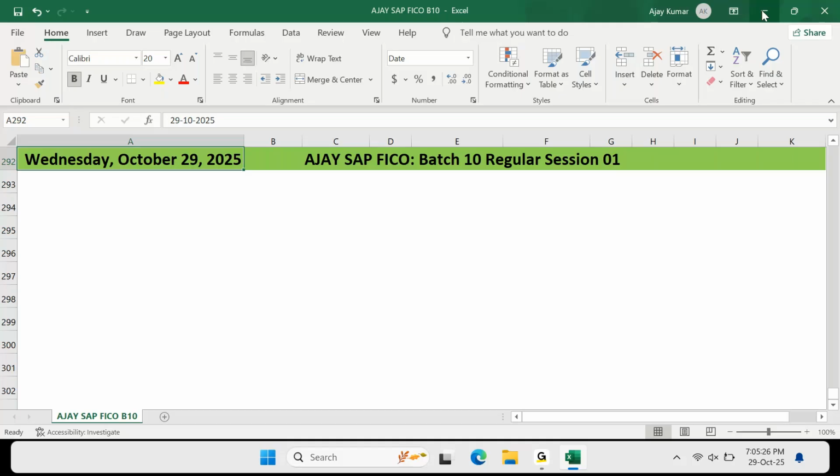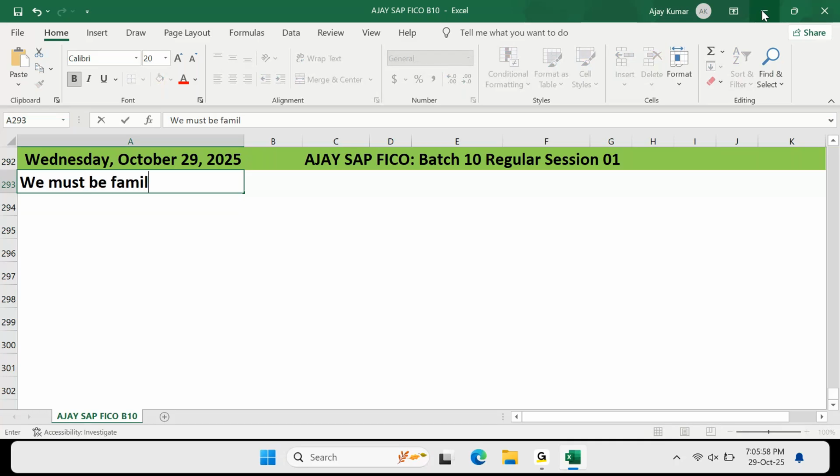Okay, so far we were talking about different fundamentals related to SAP FICO in our overview or demo sessions. From now, we will start to understand what exactly SAP FICO is. Before we start understanding FICO, we'll try to understand the basic fundamentals that we require to become a FICO consultant. First point, we need to make sure